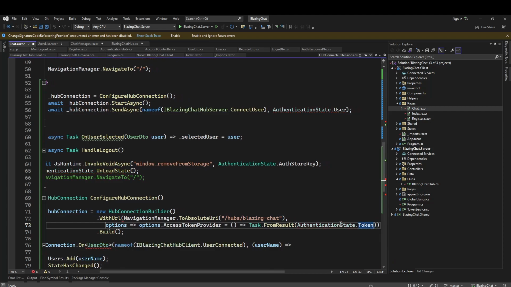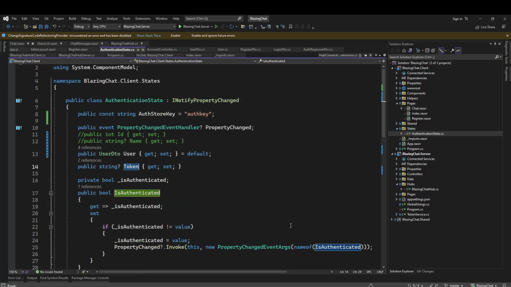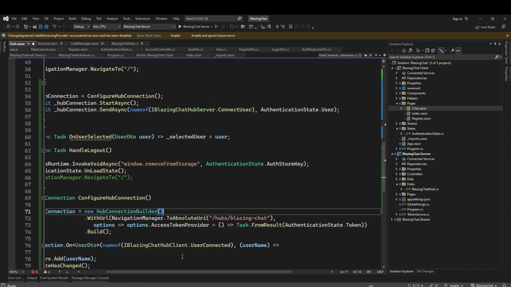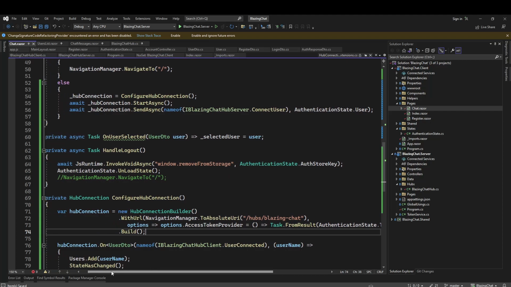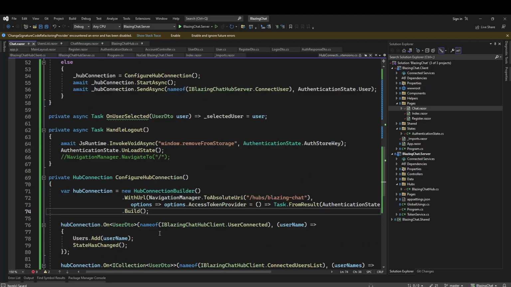Let's say something is not right for now. Token, this is the token, yes. So now we have set this access token provider, so it is going to attach this token to all the calls. Now it will again break